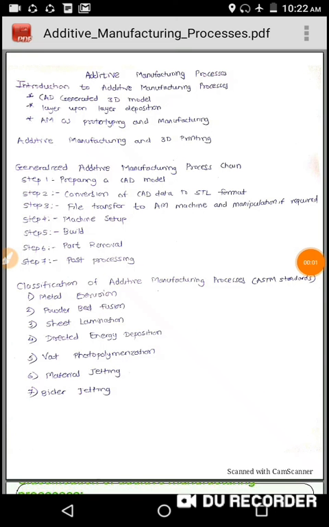In step 5, once all the settings are done, the file is transferred to the AM machine, manipulations are done if required, and in machine setup all the required parameters are optimized. Then the manufacturing process begins with no manual intervention, and the generated predefined slices are reconstructed in the machine by building one layer at a time. So this process is fully automatic.